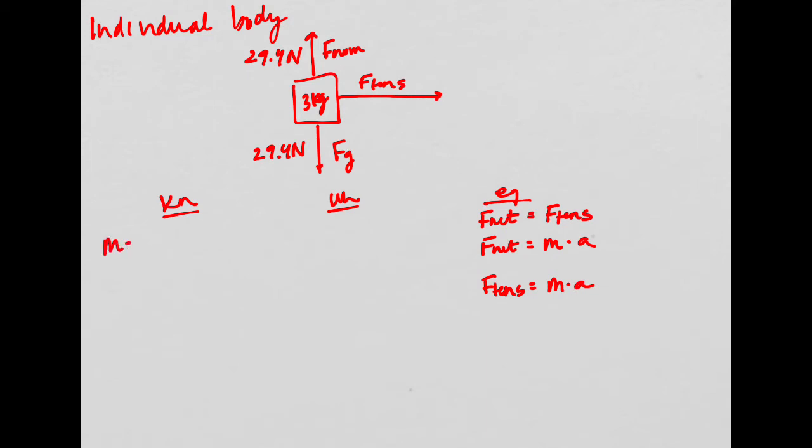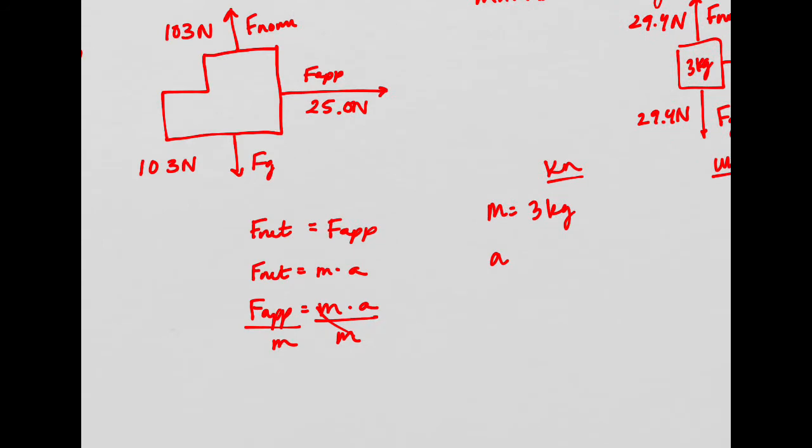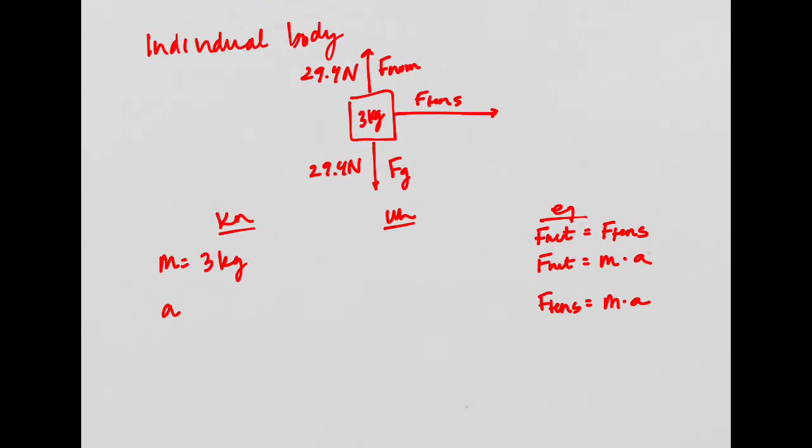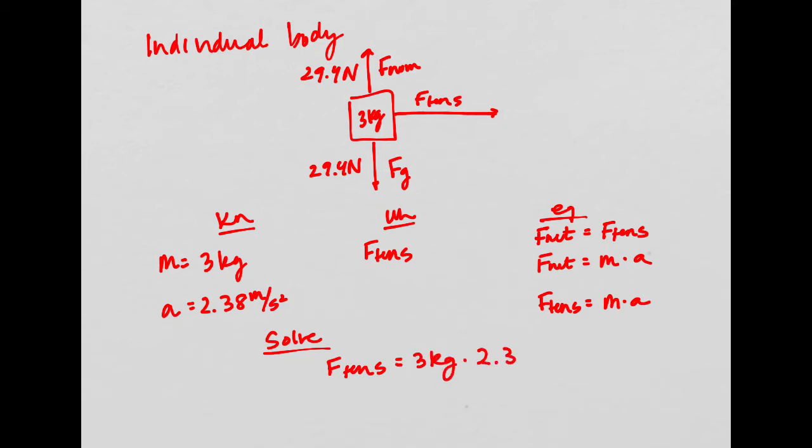Well, I already know my mass is 3 kilograms. I know my acceleration is 2.38 meters per second squared. And I want to know the tension force. So I don't have to rearrange, I just have to plug everything in. I get tension force equals 3 kilograms times 2.38 meters per second squared. This gives me a total tension force of